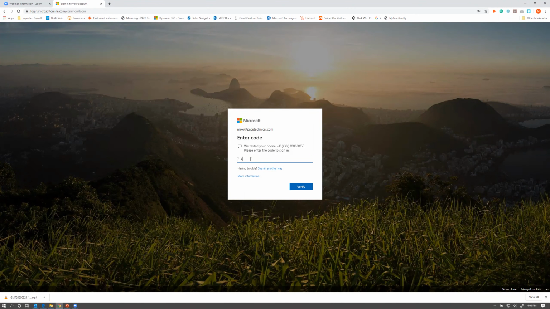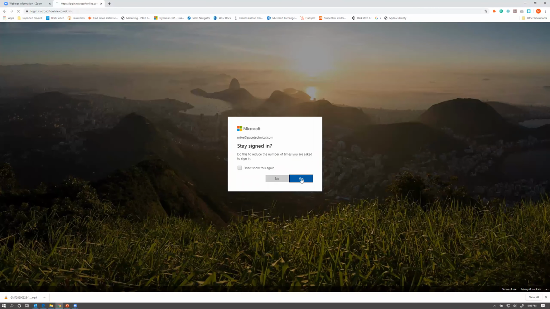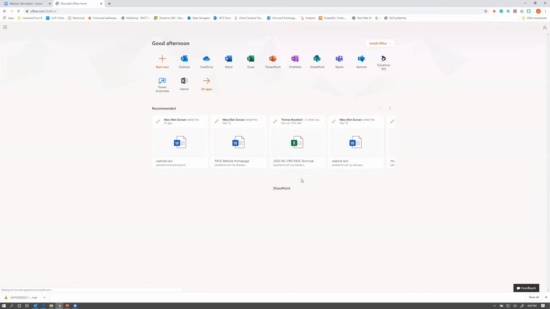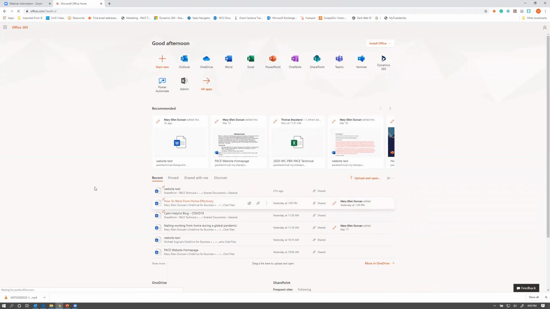One way, which is the way that I'm using right now, sends me a code to my mobile device. It's just an extra layer of security that we highly recommend for Office 365. Office 365 has been a big target of threat actors and cyber criminals, and they have lots of ways of fooling people into giving up their credentials and then going in and doing all kinds of things.